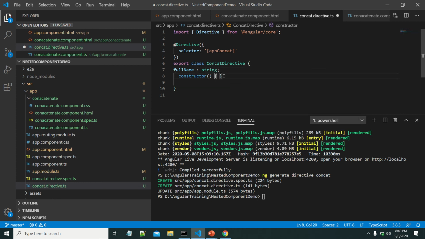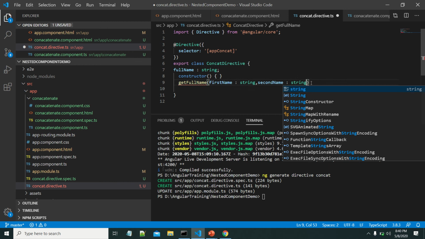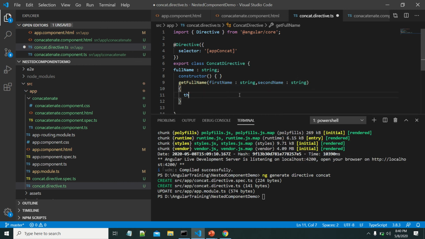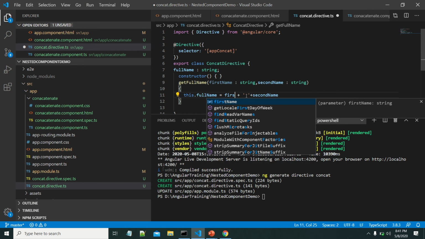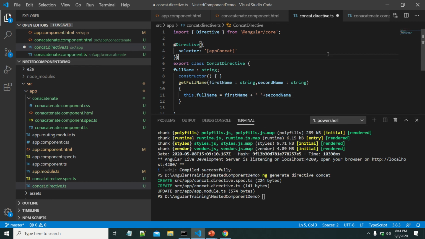Let me add one method here. Okay, we added the same functionality.